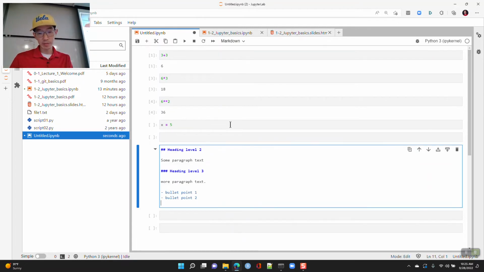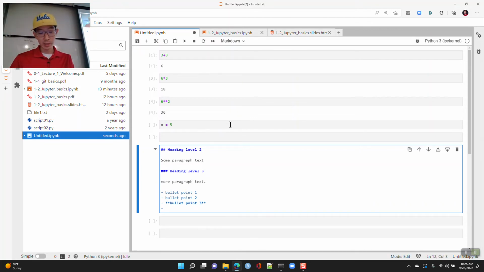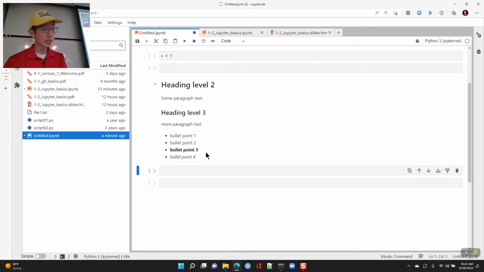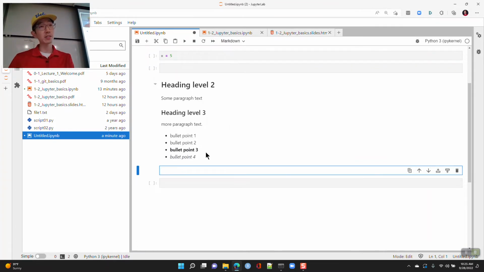And then if you want, say here's bullet point 3, and you want to emphasize it, you can put little stars around it. So 2 stars makes it bold print, and 1 star makes it italicized. Bullet point 4, single star, Control Enter, and we have that. I'm going to go ahead and convert the next cell into Markdown. And again, you can also enter